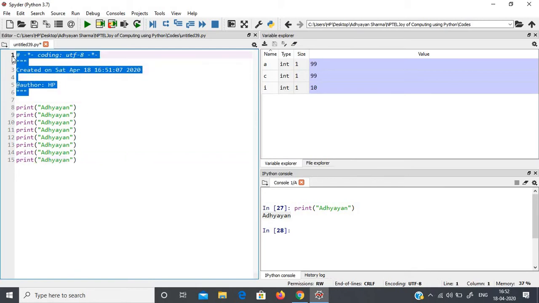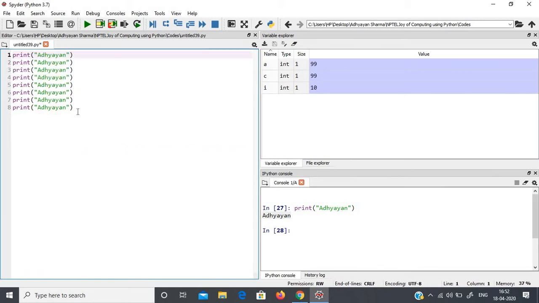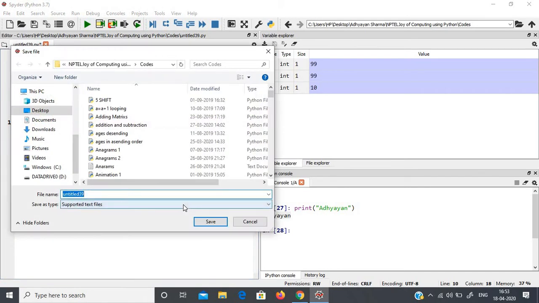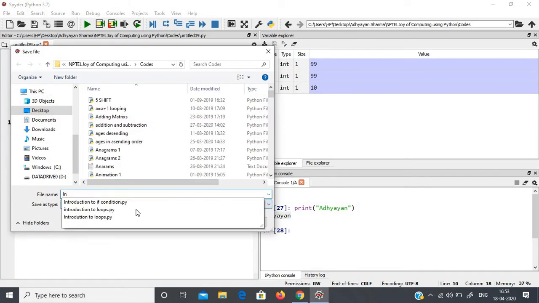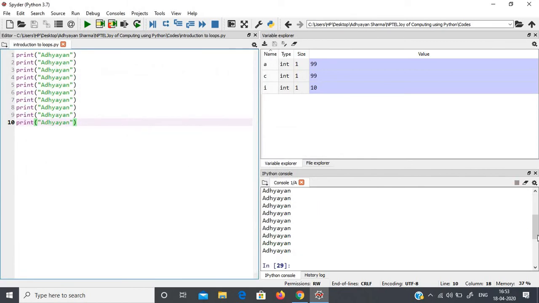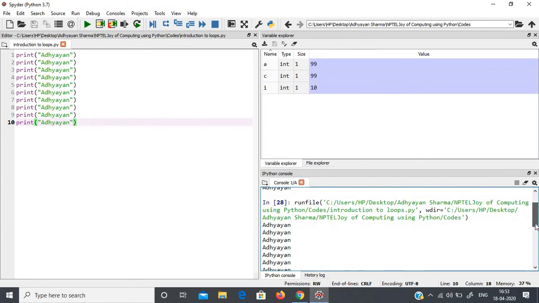Let me remove all this. Now I write the arguments, 1 2 3 4 5 6 7 8 9 and 10, and let me run it. Now you can see it is displaying Adhyan 10 times.